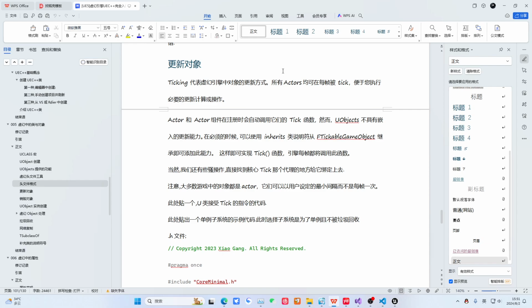Let's still talk about this tick. Actually, many friends sometimes encounter this situation where it doesn't tick. I also encountered this situation when I first started. It's very simple: your object hasn't had tick enabled. First, take a look